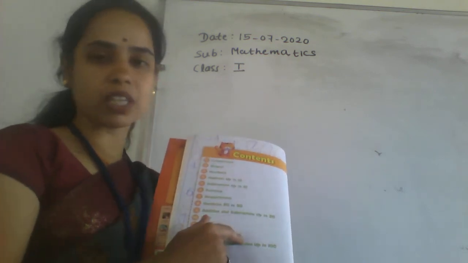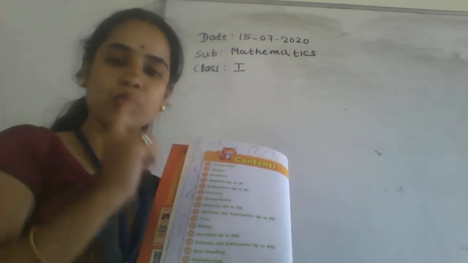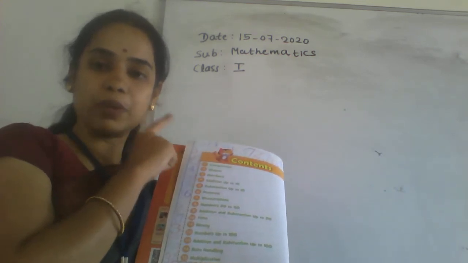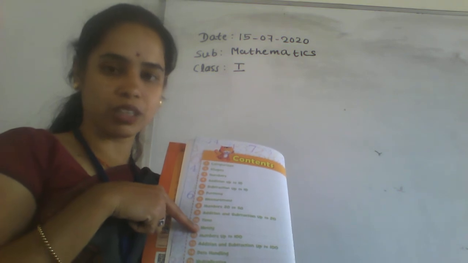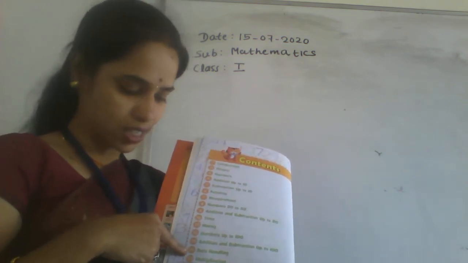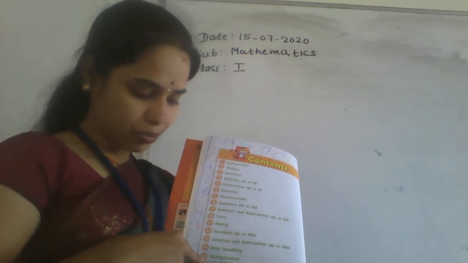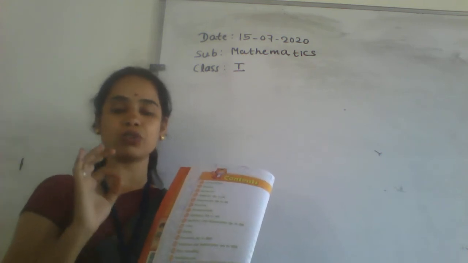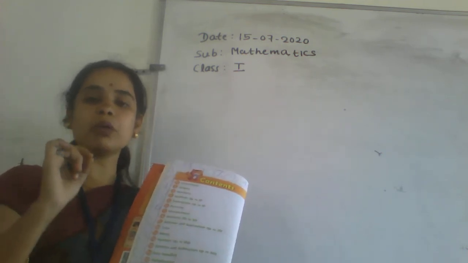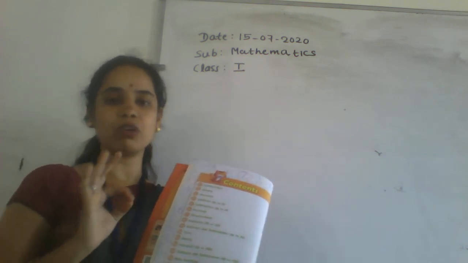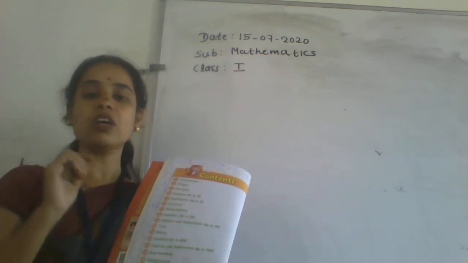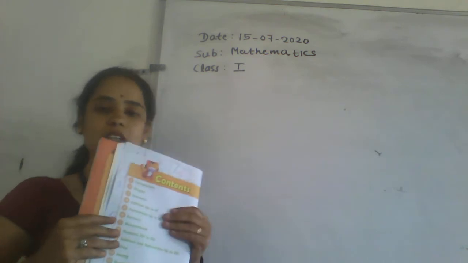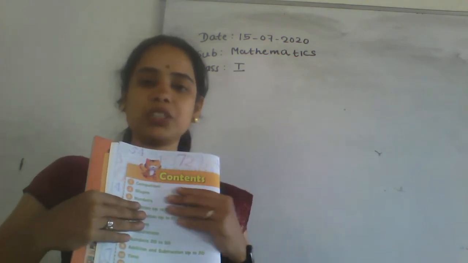All the chapters are very easy if you are familiar and perfect with the numbers and the number names. That is what I taught you in the basic class, and it's very useful here. Understood? Next, where we stopped, 14th lesson is data handling. Next, 15th lesson is multiplication. This multiplication chapter will be easy if you are perfect with the tables. Minimum 2 to 12 tables are compulsory for first standard. So, you have to go through your tables. Daily one table you have to practice. Understood?